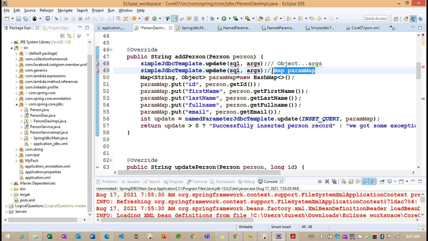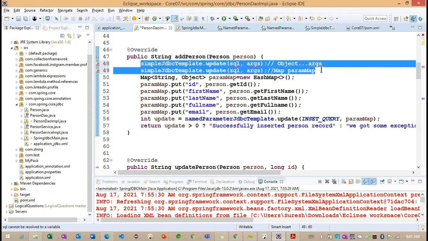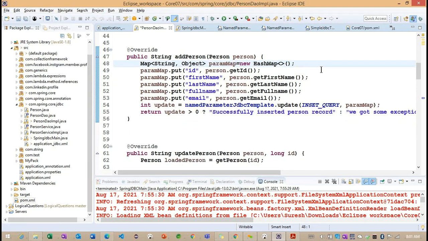Now what do you understand here? In the simple JDBC template, we have both the combinations, right? So either we can go for the JDBC functionality, or we can go for the named parameter JDBC template functionality here, right? So this is how we can understand the method section here. Getting the point. So we don't want to discuss more about the simple JDBC template because it is deprecated here. Okay. So back to here.